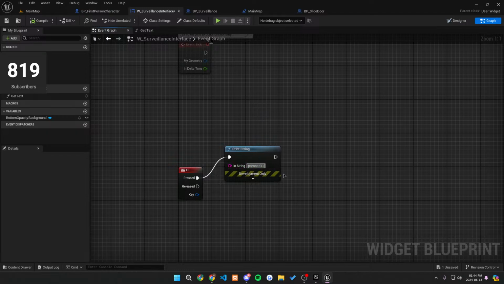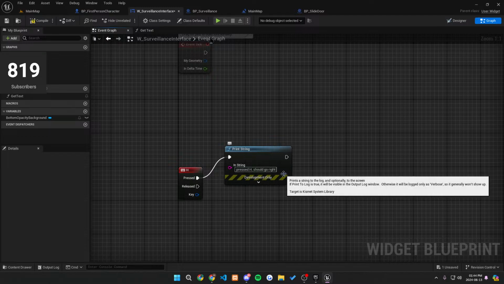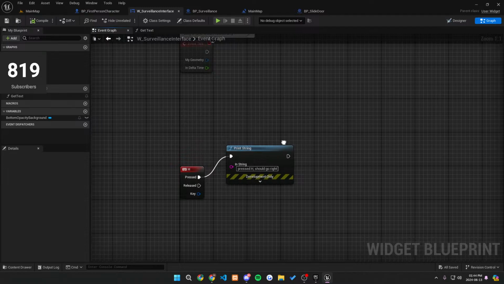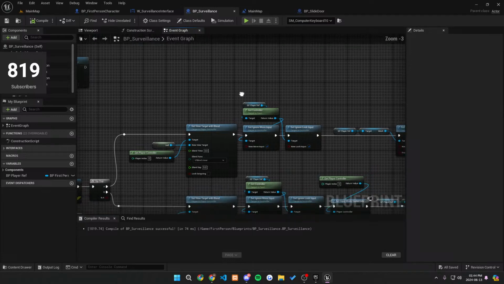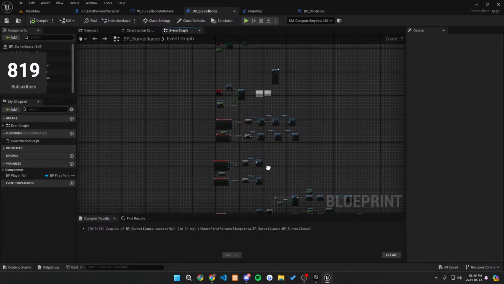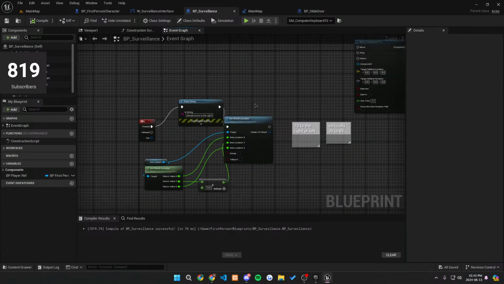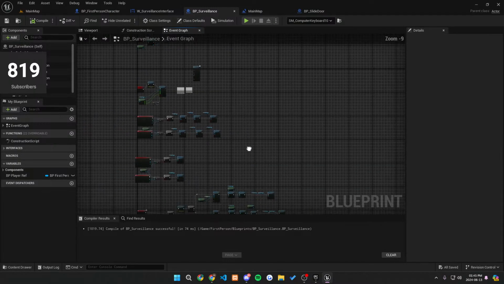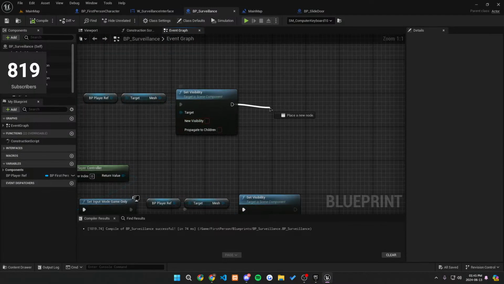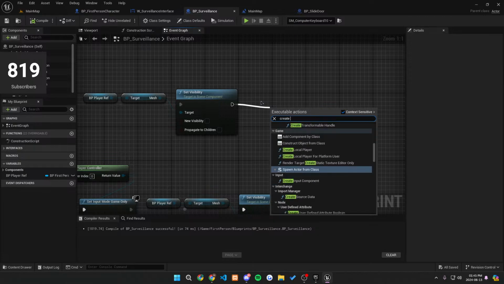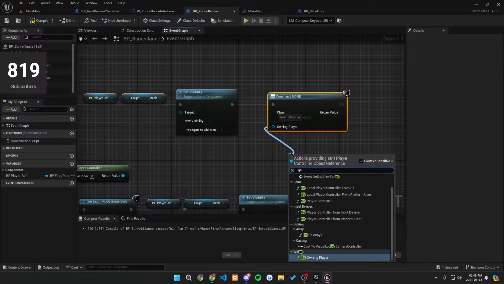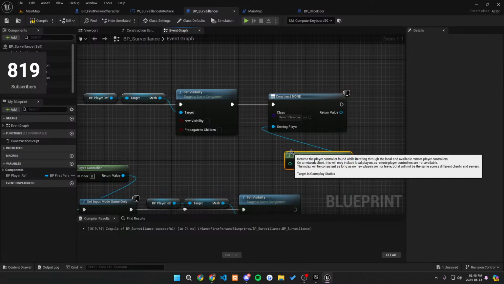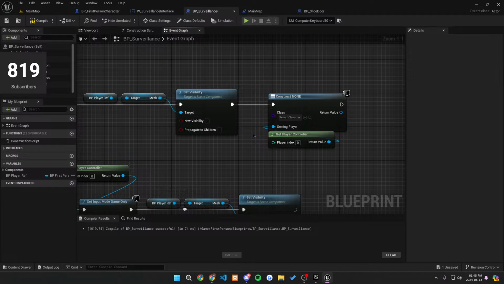Pressed H should go right. Yeah, let's just see for now. So if I spawn this, so if I create widget now, and let's get controller, and then let's